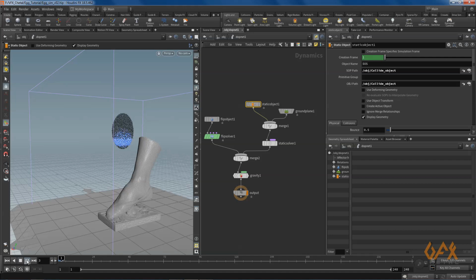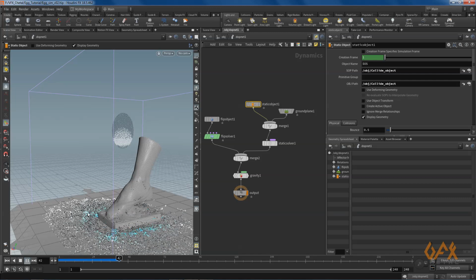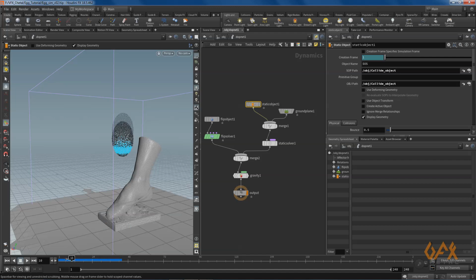Now let's check. Okay, so now it reacts with your collide geometry, but right now it can't behave with the viscosity we defined.